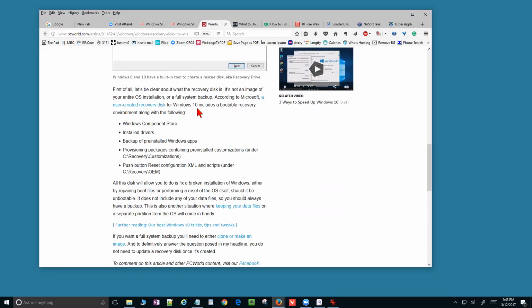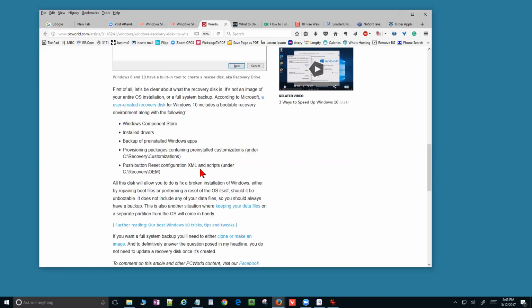According to Microsoft, a user-created recovery disk for Windows 10 includes a bootable recovery environment along with the following: the Windows Components Store, installed drivers, a backup of pre-installed Windows apps, provisioning packages containing pre-installed customizations, and a push-button reset